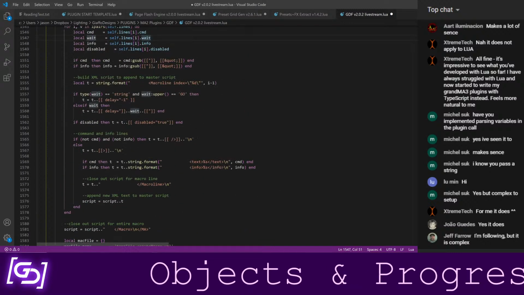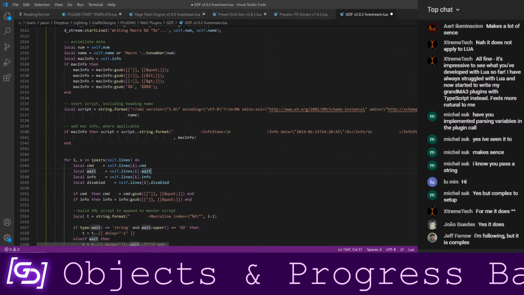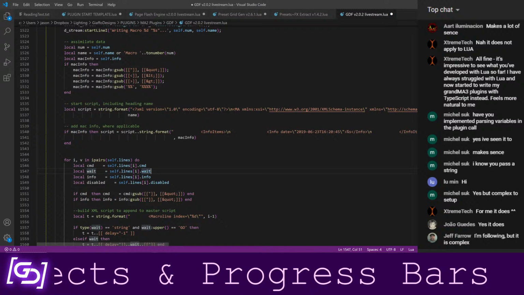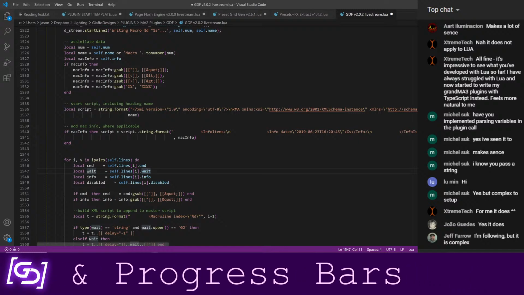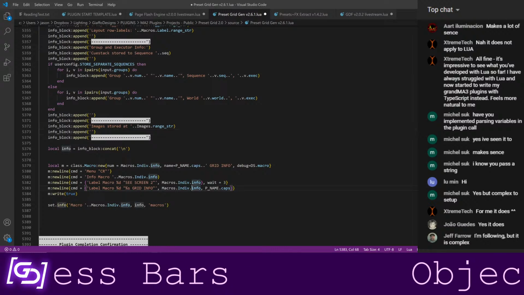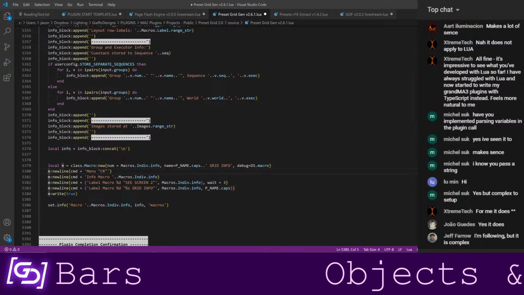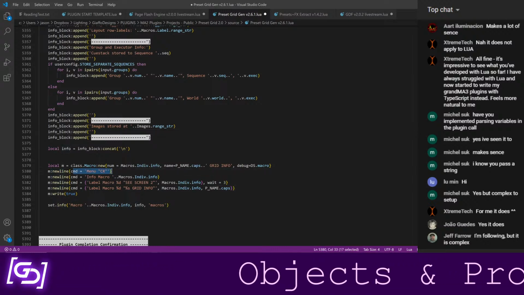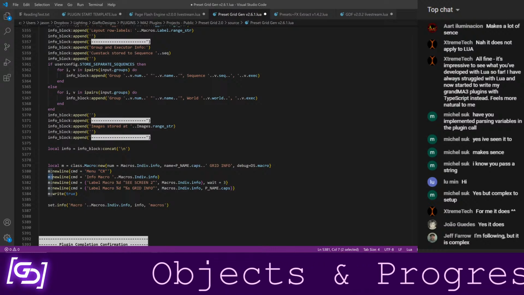So you have to import an XML file, and rather than just having a table that I build, where there's room for me to screw up how I formatted that table, I have fixed methods instead. Where I say, okay, macro object, new line, command is this. Macro object, new line, command is this, weight is this.